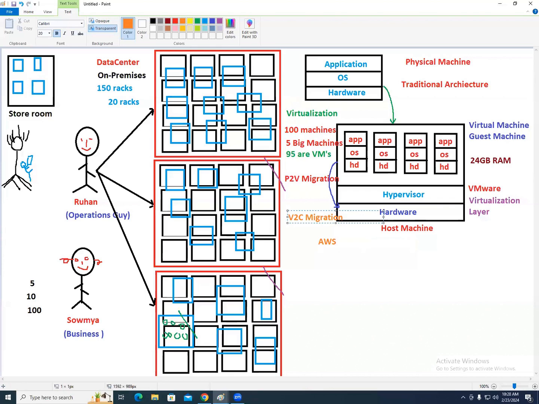Rohan was stuck in virtualization. Now he went from virtual to cloud. So our AWS is cloud. So guys, what is this cloud? Where is this cloud? What is this AWS? What is the relation between this AWS and cloud? And why are we using AWS? How do we use it? All these interesting topics